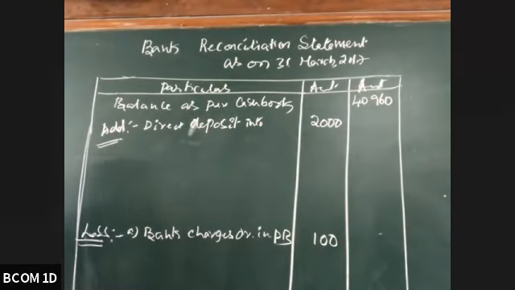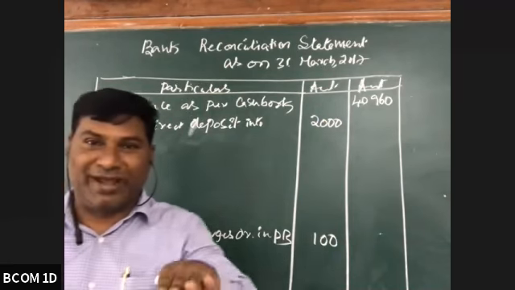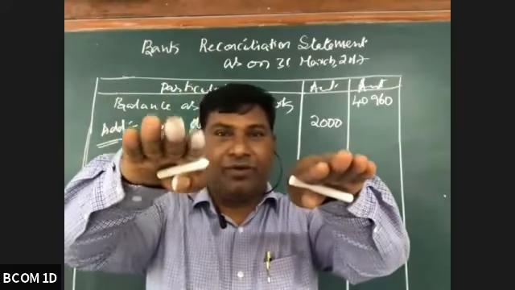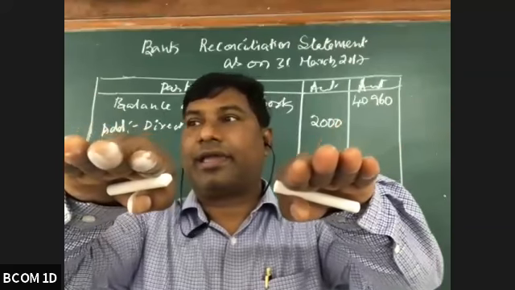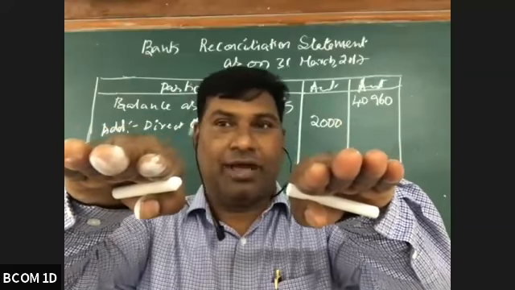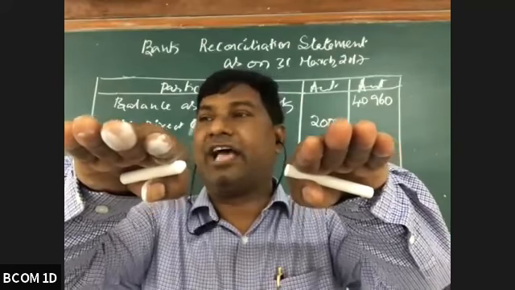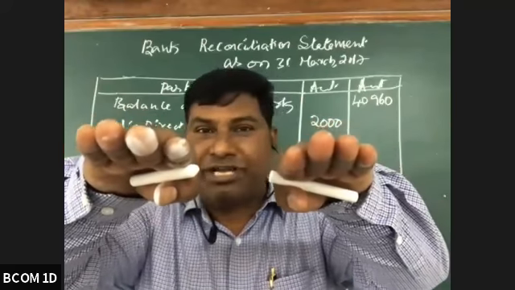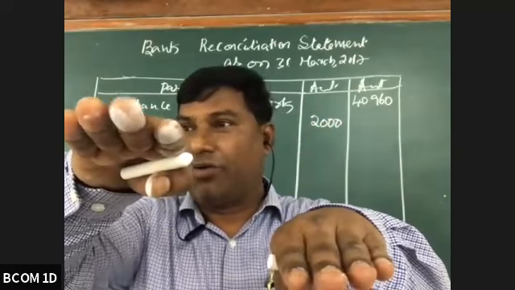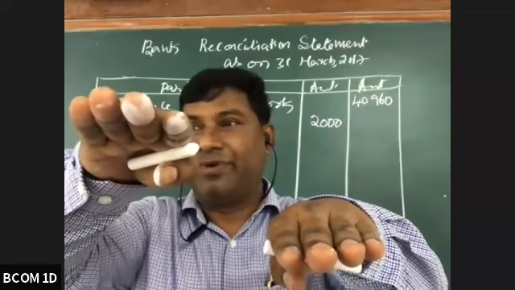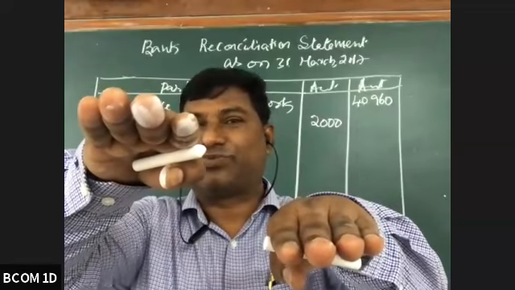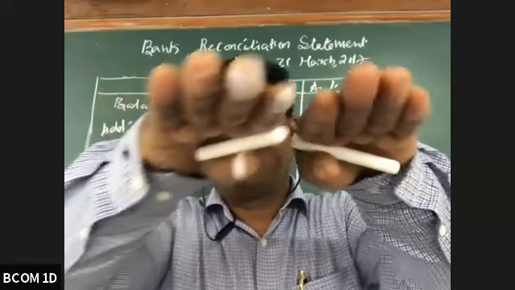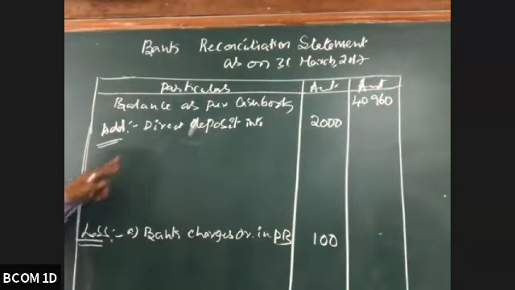Checks issued but not presented for payment. Now, when checks are issued, look at this one. The cash balance in the bank as per the cash book and as per the passbook are the same. When you issue a check, the cash book balance comes down, but the passbook balance remains the same. So there's a difference. To make it equal, when you're starting with cash book, raise it so that it is back to the same level.